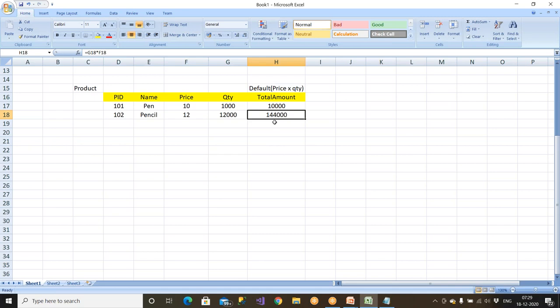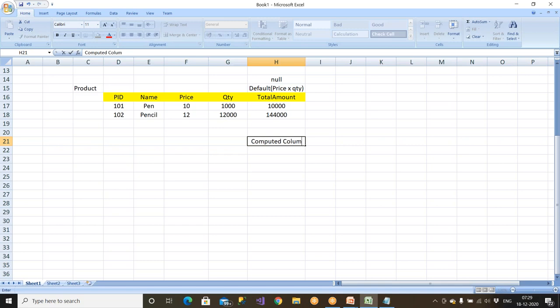So default value means I don't insert the data here. I'll keep this as a null value. When I keep this as null, automatically this into this will happen, getting the values from these columns. So this column is called a computed column.